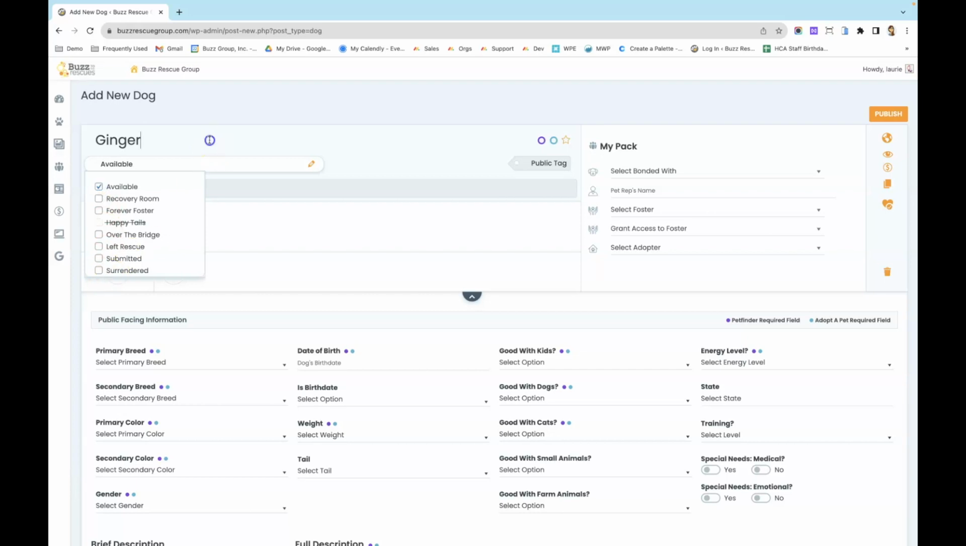applies to Ginger. The next thing I'm going to do is choose whether or not I need to click any of these icons. So we have a purple circle, a blue circle, and a star. If I hover over them, it's going to tell me what this is. I'm going to actually remove Ginger from the Pet Finder upload, but I do want to keep her on my Adopt a Pet upload. Then I also want to make her featured on my website. I want her to get a little bit more foot traffic before people see the litter of puppies that I